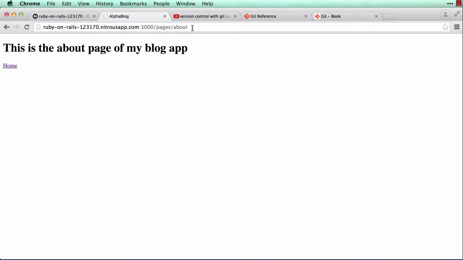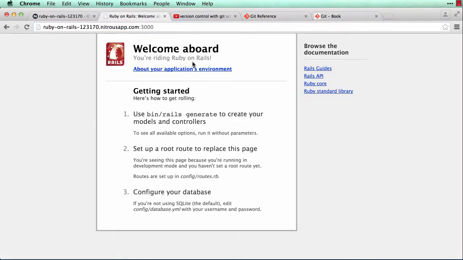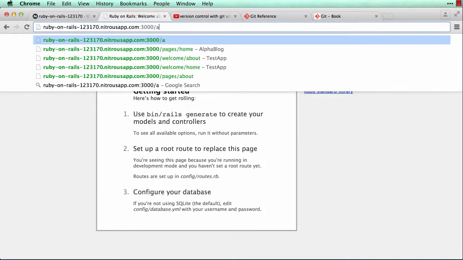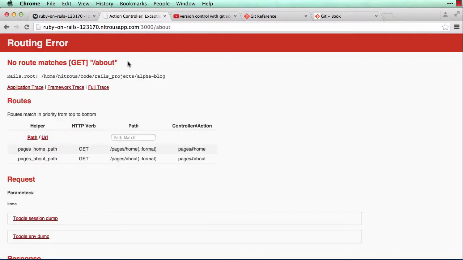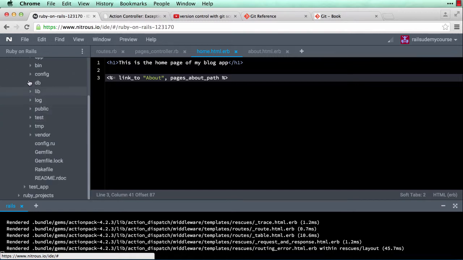What I want to do is have this link go to the home page and then the /about go to the about page, which right now doesn't work. So how do I do that? To do that, I have to update my routes. So navigate over to your routes file in your config,